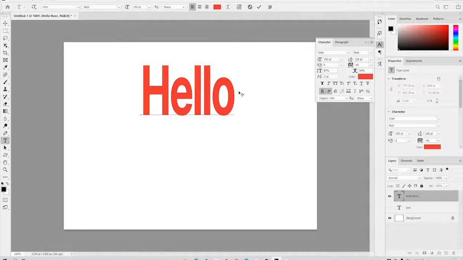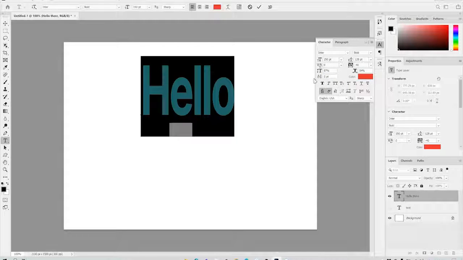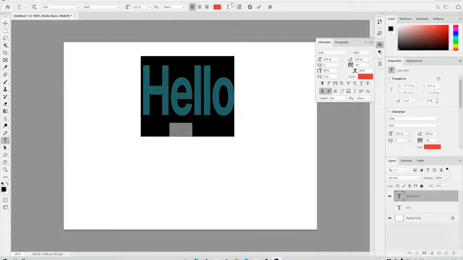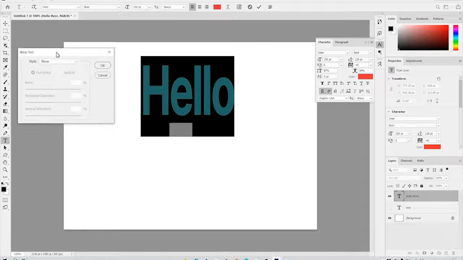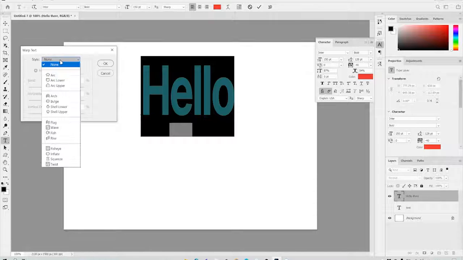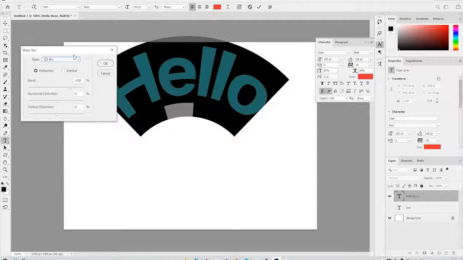All right. So on top of all of that stuff, which is always what we call non-destructive, you can always go back and fiddle with the settings. You're not making any of this permanent. We also have another one that's a lot of fun to play with. And that's this icon up here. When you're in your type tool, it's a little T on a hill, a T on a curve, and this is called warped text, which just sounds fun. I want to warp my text, or my text is really warped, dude. And with this, it's just these pre-built